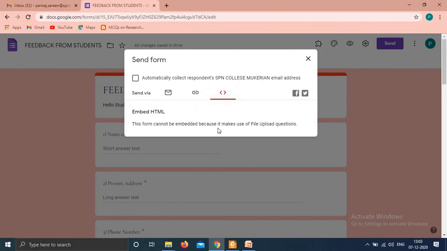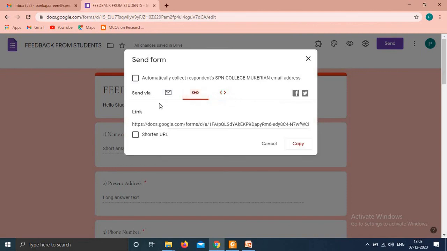Fine. It cannot be embedded because it makes use of file upload questions. In this Google form I have used the file upload option, so it is not giving me the embed option. If you are not using the file upload option, you can get the link here. So you can share on Facebook, or on Twitter from here.